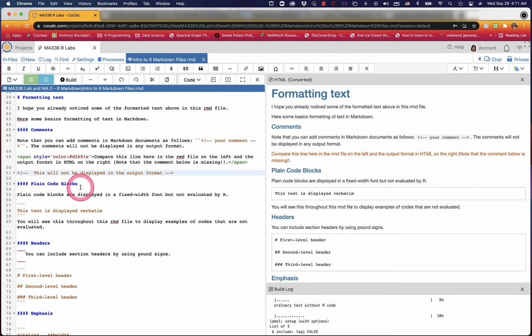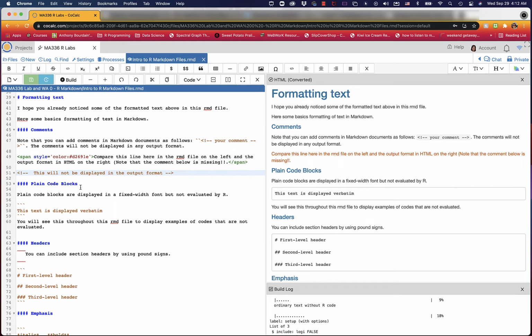Okay, again, this is just a way of adding some comments to the text part of your RMD file. Again, you don't need to memorize that. Whenever needed, you can just come into those documents and copy and paste, and then render that file, and you're going to see that that particular chunk of text will not be displayed in the output file. Now, next,